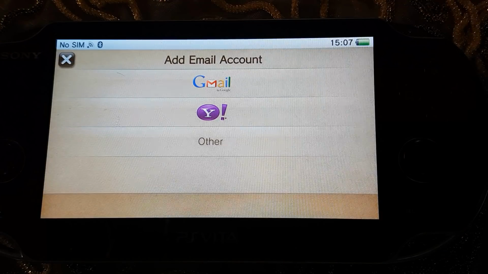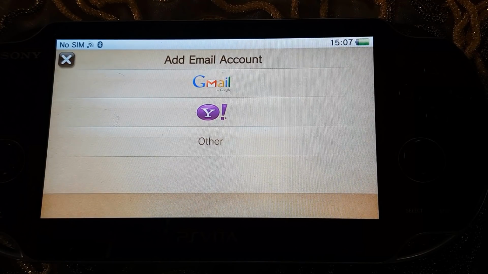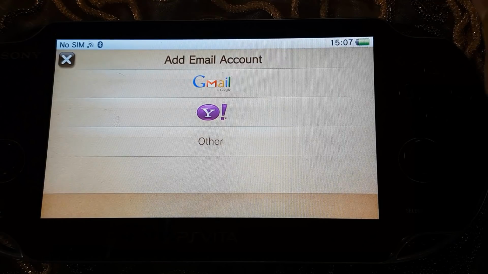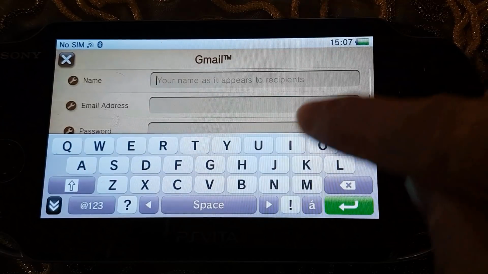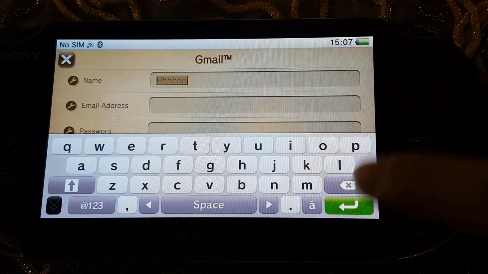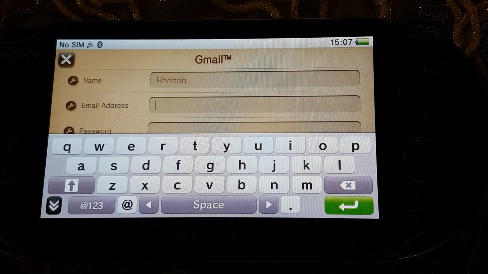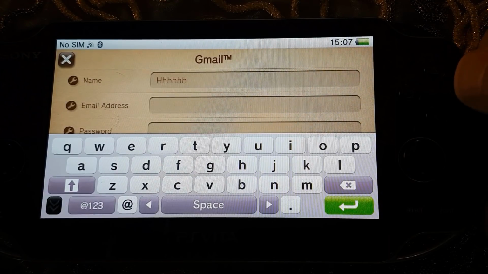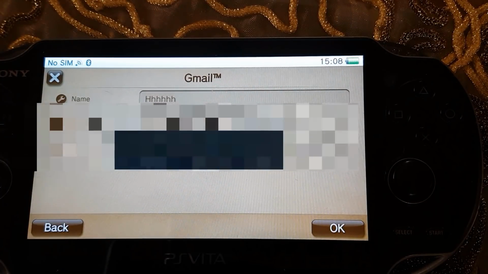It is recommended to use a Gmail here because if you use any other email you're gonna spend like an hour or two trying to figure out how to connect it to the Vita. So it's recommended to use a Gmail. In the name put anything. And the email address and the password, of course put your email and your email password. So after it has been set up,